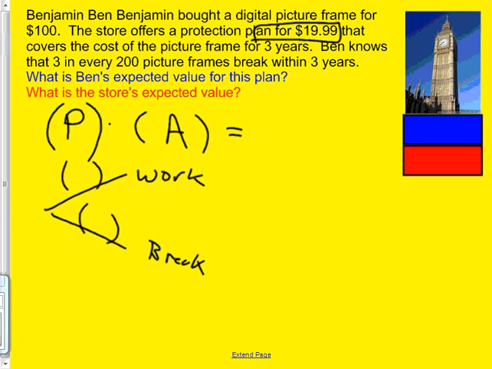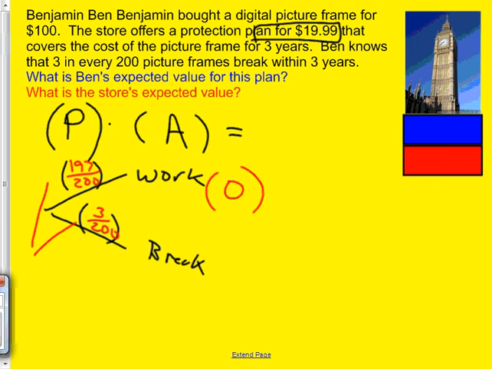Okay, so this one, probability that it's going to work. Let's say 3 out of 200 break. So 197 out of 200 must work, because these are complements of each other. But now, if I take the probability of it works,